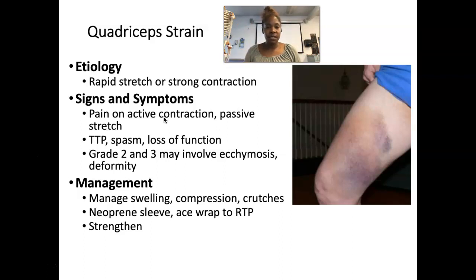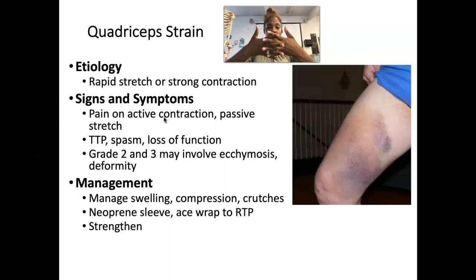In terms of their signs and symptoms, most often they're going to have tendon palpation in the muscle belly in the area of the strain. They may have some sort of spasming as a protective mechanism around the actual strain itself. And depending on the grade, they may have loss of function. So most often, loss of function, ecchymosis, deformity, those are most often going to be associated with your grade 2s and grade 3s, whereas your tendinous palpation and maybe pain with movement is going to occur with your grade 1,